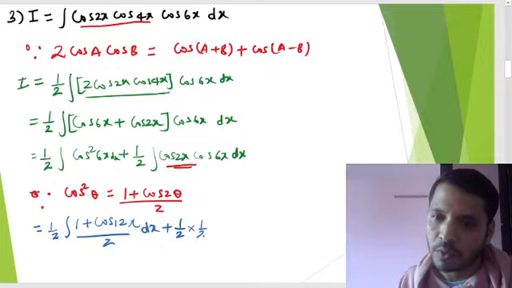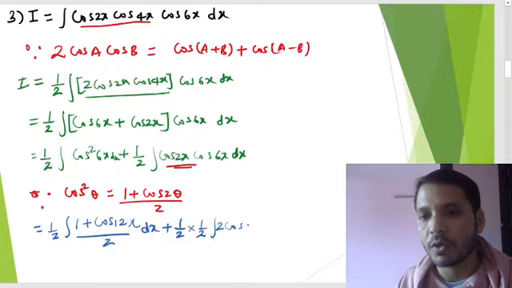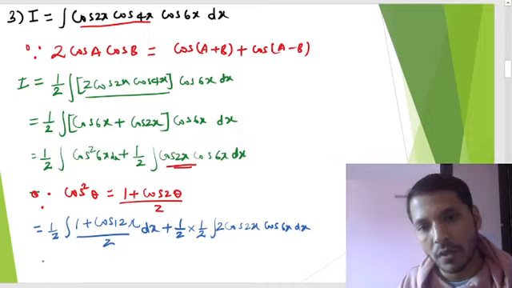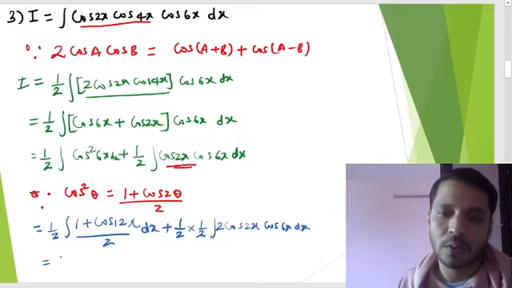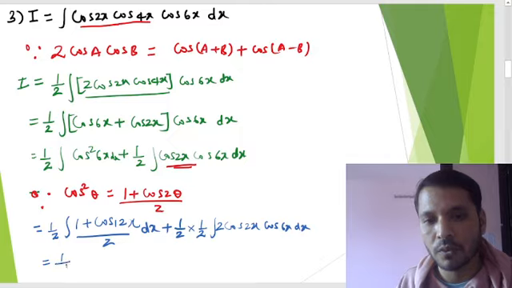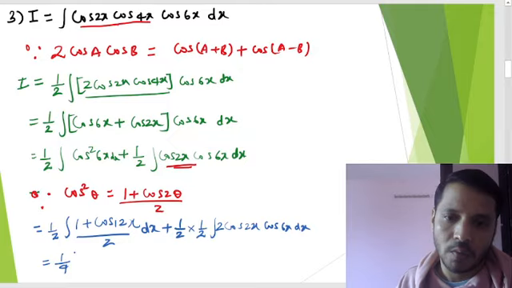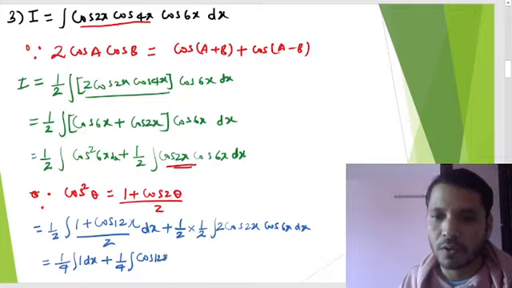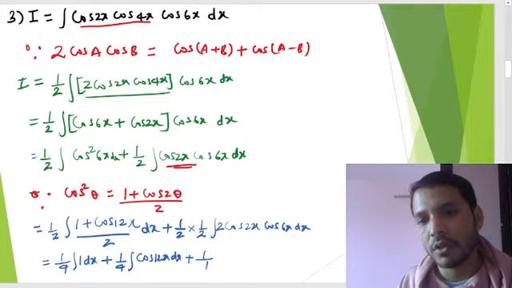and actually we have to multiply and divide one more 1 by 2. So here it will become 2 times of the cos 2x cos 6x into dx. Now here we can take this 1 by 2 outside, so it will become 1 by 4, and integral of 1 into dx plus 1 by 4 integral of cos 12x into dx, and from here we can multiply this,